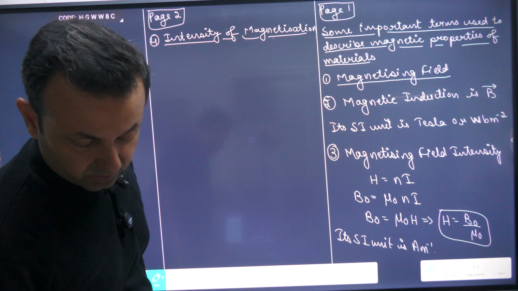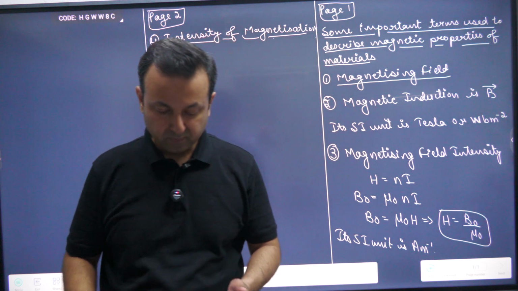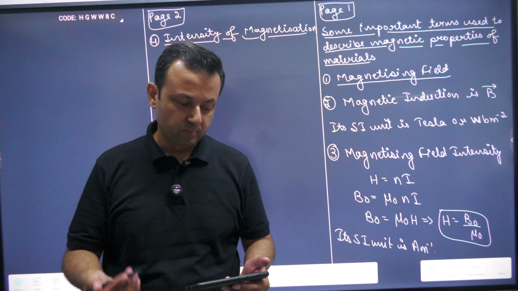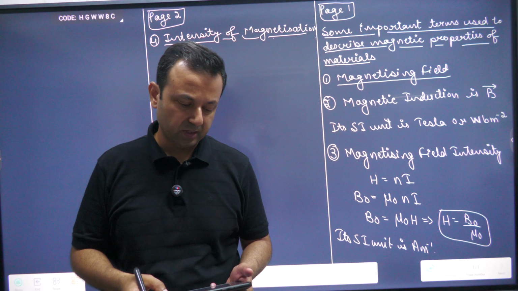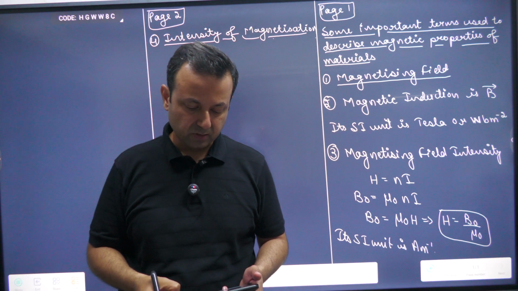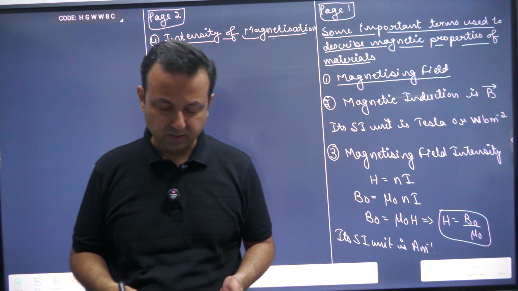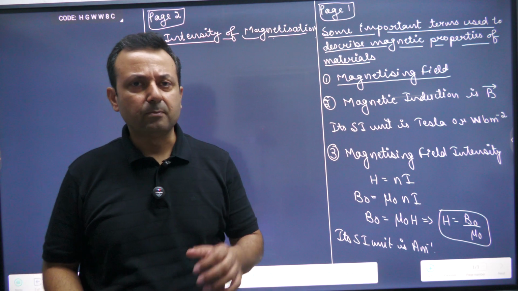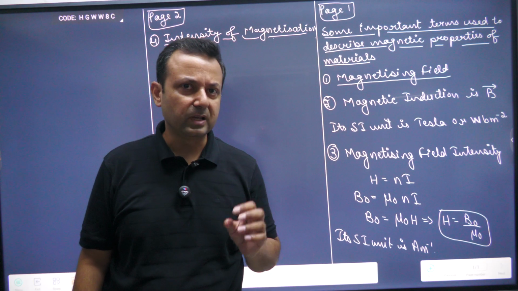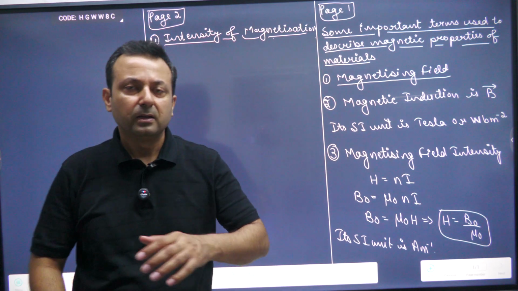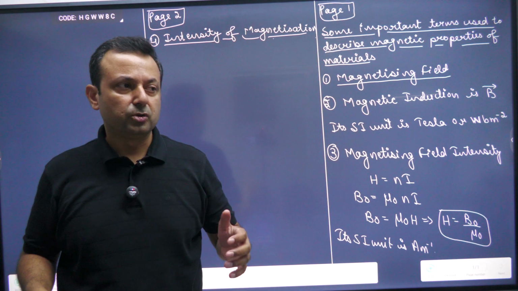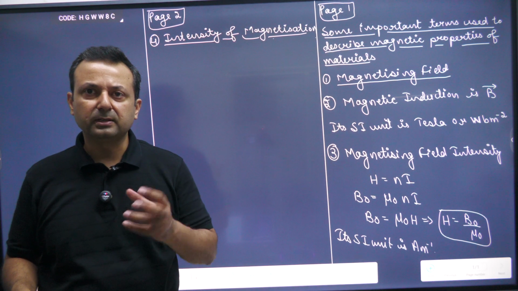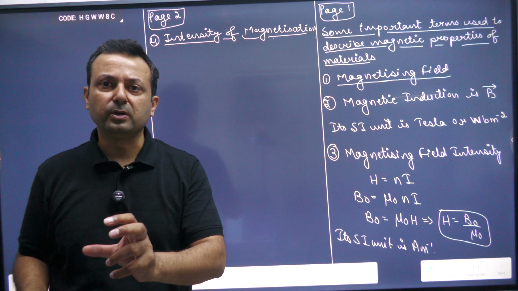Intensity of magnetization. The magnetic moment developed per unit volume. The magnetic moment developed per unit volume of a material when placed in a magnetizing field is called intensity of magnetization, or simply magnetization. When we place a magnetic material, for example a piece of iron, inside a magnetic field, the magnetic moment which is developed inside that piece of iron per unit volume is called